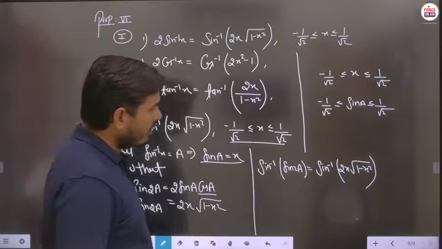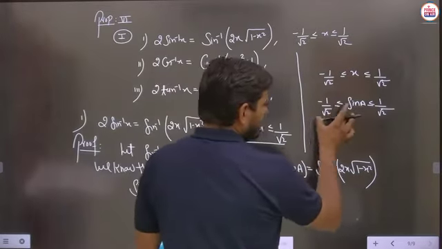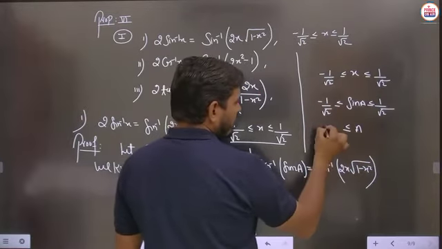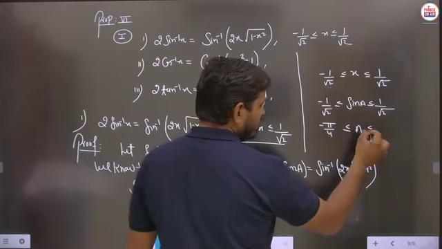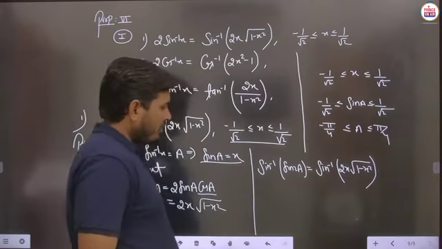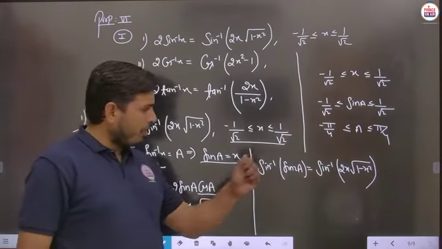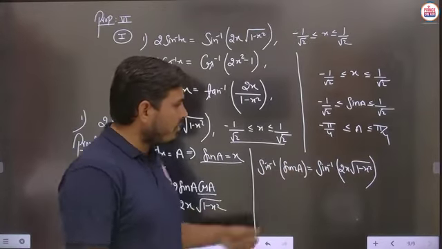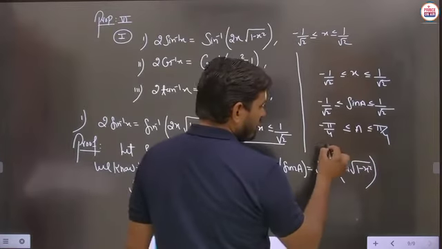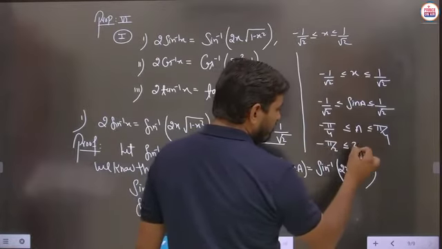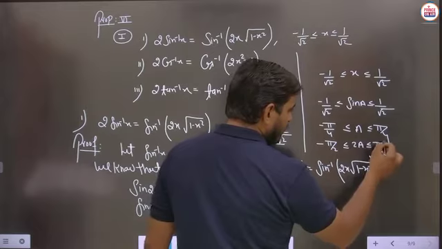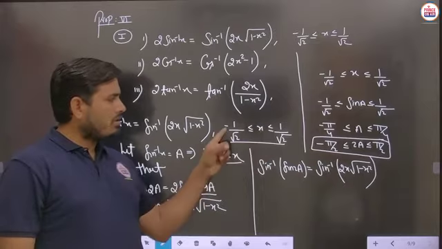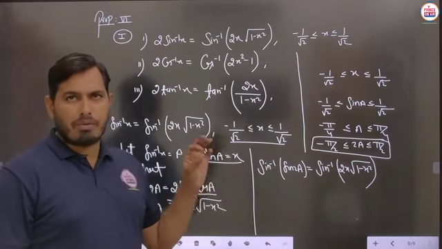Next, you can see the very important part. Where we are saying that this angle a is to be taken, then minus 1 by root 2 is minus pi by 4 and this is pi by 4. Here our angle is sin inverse of sin 2a, but the interval of a is there, so we have to multiply by 2. Then it should be minus pi by 2 to 2a and this should be pi by 2. So we have to check the interval of 2a first of all as per the given condition, to see whether these conditions satisfy the principal value or not.